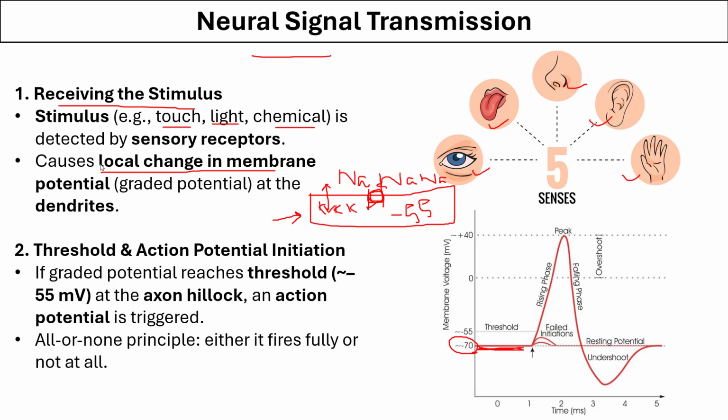So when an impulse is received or a stimulus is received, it causes changes in the local membrane potential. That means this potential starts to change. So what basically changes is the sodium ion flows transiently for a very short amount of time. Sodium ions flow inside the neuron. This makes the inside of the membrane less negative. So you will see that there will be certain increase in the positivity or decrease in negativity of the internal